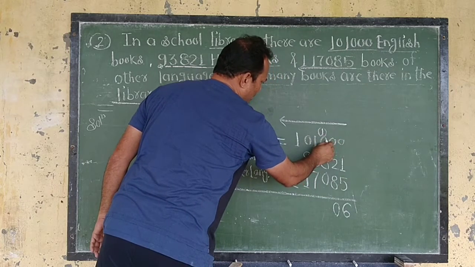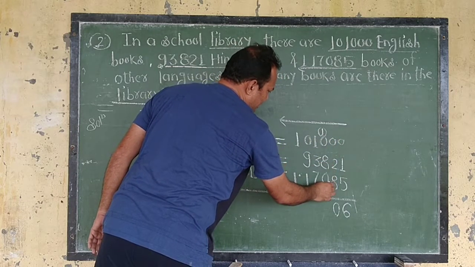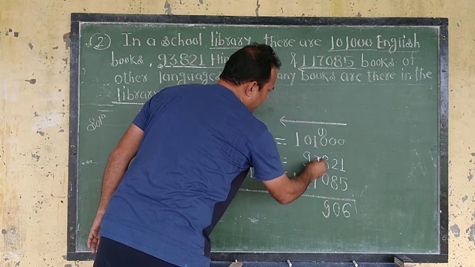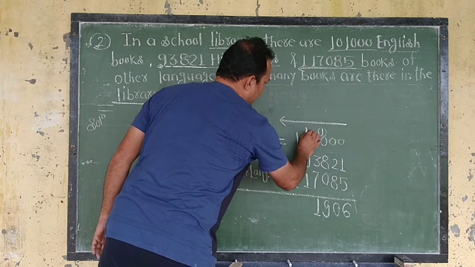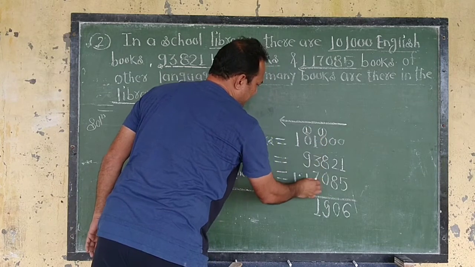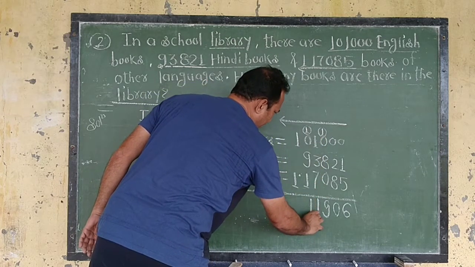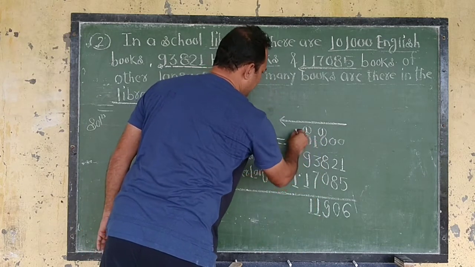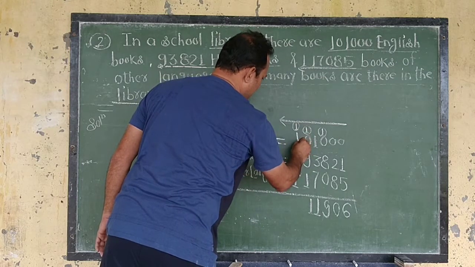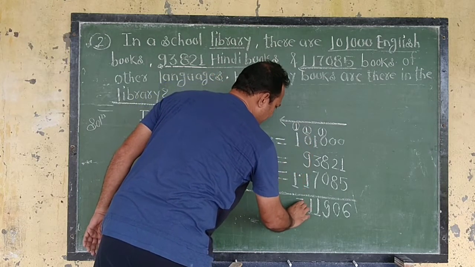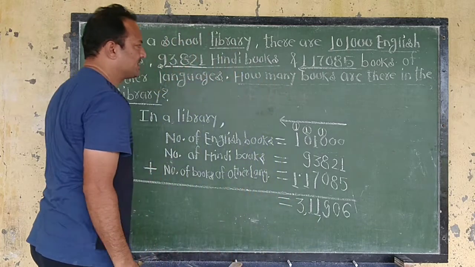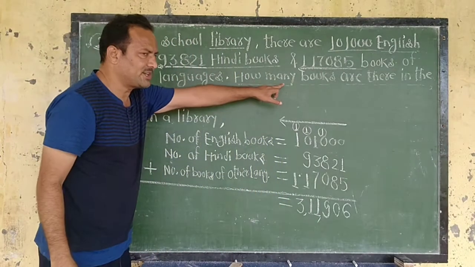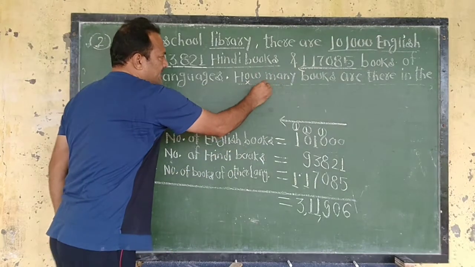1, 0, 1, 8, 9, 9, 0, 9. 1, 3, 4, 7, 11, carry 1. 1 plus 9, 10 plus 1, 11, carry again 1. 1 plus 1, 2 plus 1, 3. Is equal to, exactly below the is equal to. How many is the question mark? Then we will not write this one.